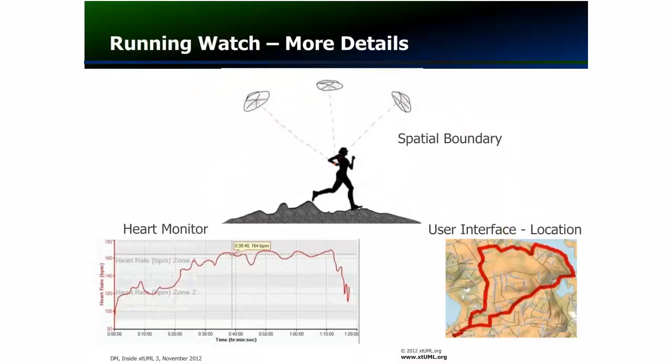For our runner's watch, each of these diagrams provides potential clues for decisions surrounding domains. The most obvious is the spatial separation between the location satellites and the runner with their watch. This wireless link is a candidate for an interface between two domains, the satellites and the sensors on the watch. So an early decision might be to pick a structure that includes a sensor domain, a storage domain, and a